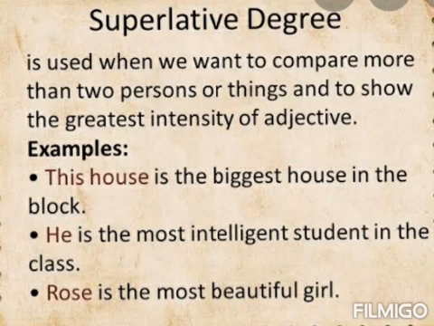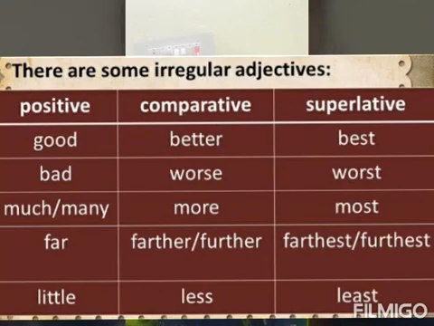Now I will be telling you something more. You will be learning about irregular adjectives. So what are irregular adjectives? Some adjectives have completely different forms in the positive, comparative as well as superlative form. So they totally change. They are not the same. As I gave you the example, fast, faster and fastest. Fast is the simple or positive form. Faster is the comparative form, that is you are adding ER, and fastest you are adding EST in the superlative form. But in the irregular adjectives, the three forms are totally different.